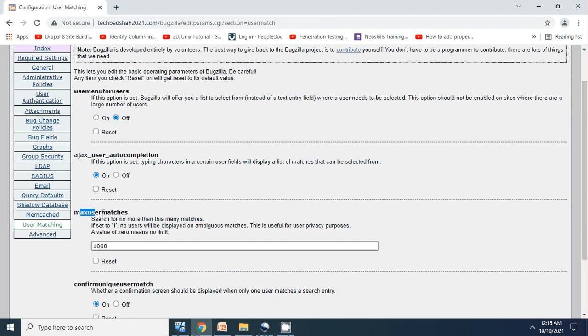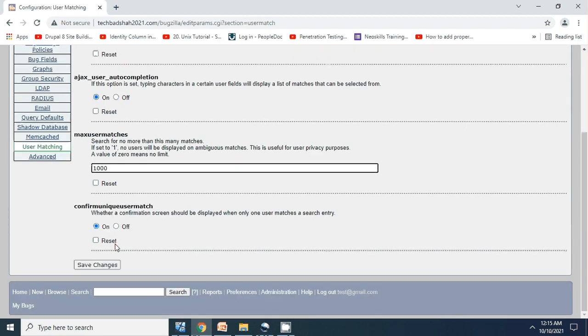Then next is max user matches. When you search for a user, this controls how many records are displayed on that page. Accordingly you can restrict it, or if you don't want any limit, you can always make it 0. If you make it 1, in that case no users will be displayed on ambiguous matches.